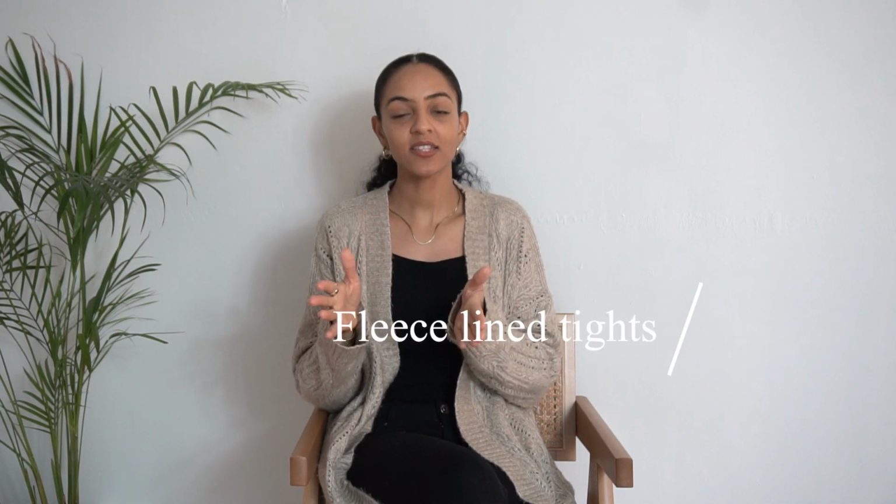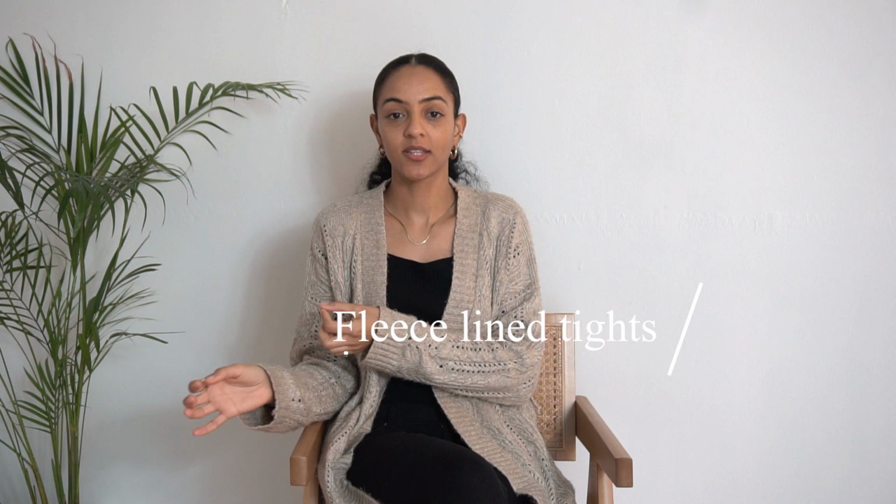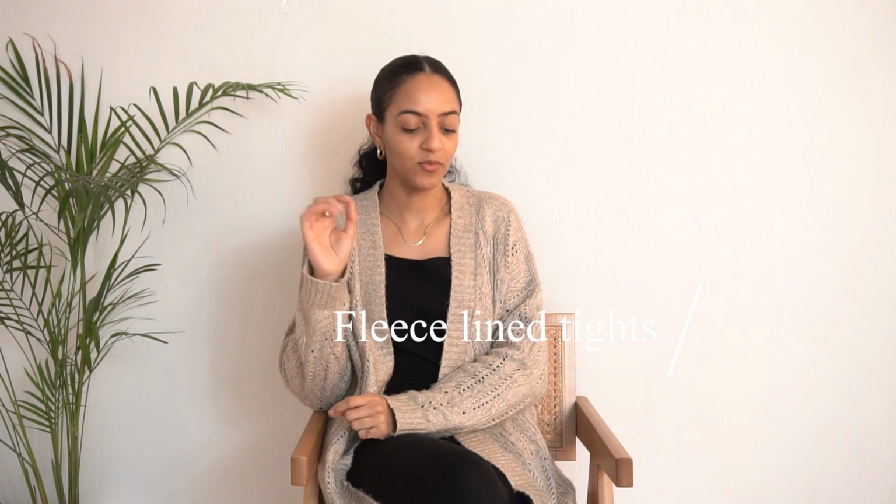So the next piece that I would consider a winter essential, especially for your base layers, are fleece lined leggings or fleece lined footless tights. I prefer footless tights. I'm not keen on things being on my feet. As such, it feels a little bit suffocating to me personally, but I have definitely found that fleece lined tights keep you so warm. They are great. They're an extra layer underneath. I currently have a pair on underneath these jeans, which you wouldn't know, but my goodness, the heat that you can trap in is just fantastic,